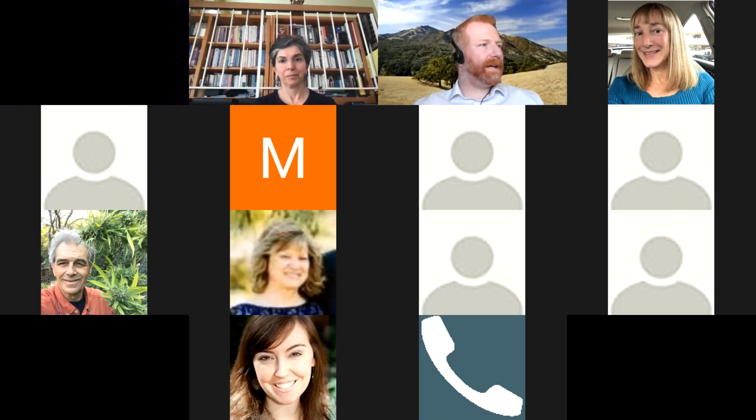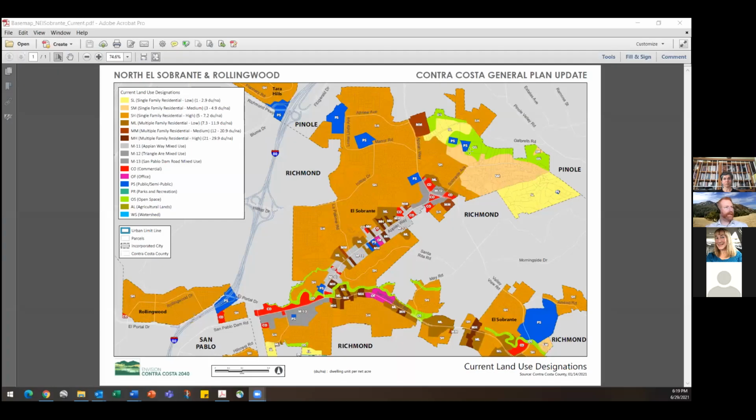El Sobrante, we actually had to split it into two different maps. So first, I'm going to show the current map of the northern part of El Sobrante. So let me get back to the screen share here. So I hope you can see this map. Yes, could you tell us what's being changed? Okay. Well, yeah, so